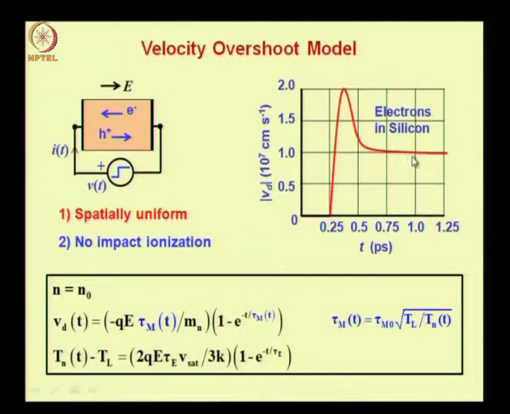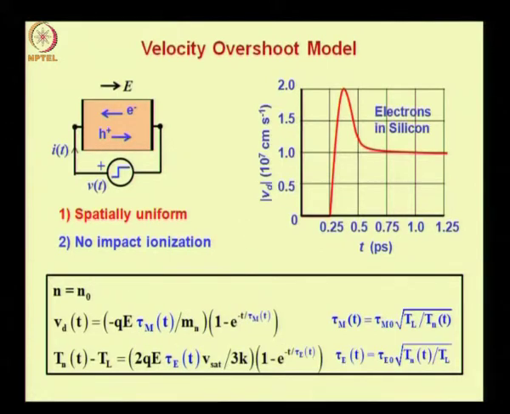of these characteristics. Now you can improve the model, you can also include the variation of energy relaxation time with time, okay, because energy relaxation time also will change, in fact it increases because the electron temperature is increasing with time. So I can feed this time dependence at this location and this location, and then I can solve these equations. My computation will be more, but the model will be more accurate.